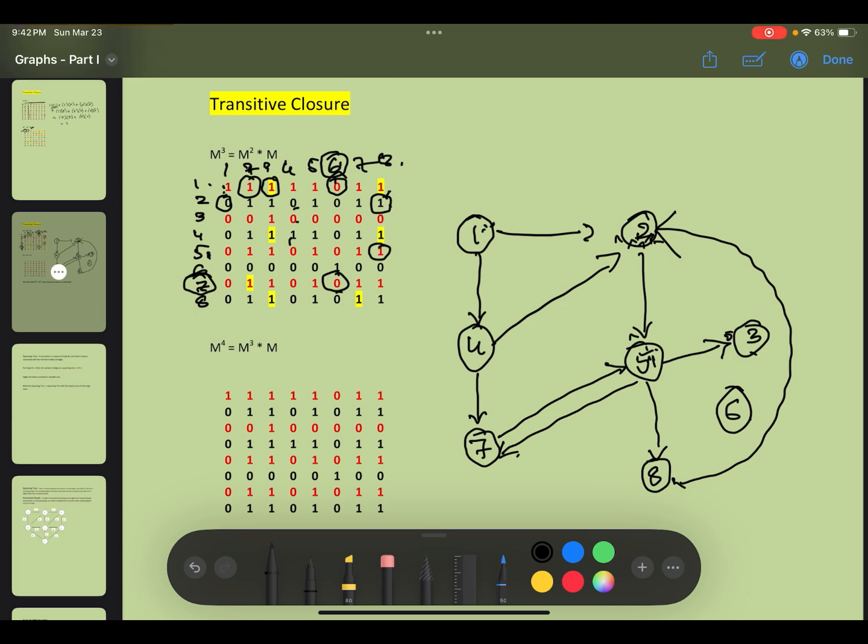To get the transitive closure, you just have to keep multiplying the adjacency matrix with itself until there is no change between two consecutive multiplications. So we have M3 here and M4 here, which are both the same, which means the transitive closure has been already achieved at M3. So I hope you got a